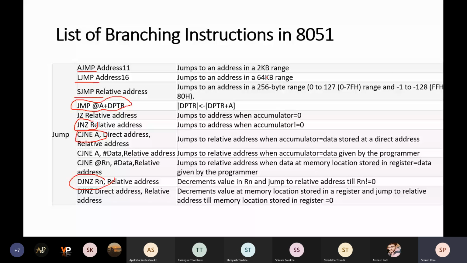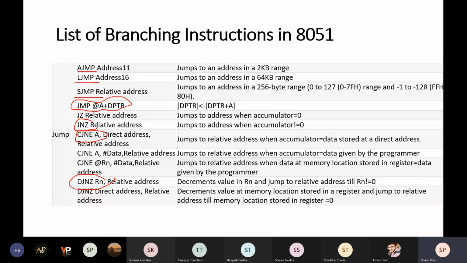What is the difference between these three instructions? The range of the address. The range of the address is very small for S jump, that is short jump. Then for the long jump instruction, the range of the address is very high, you can have a 64 kilobyte range of addresses for long jump.